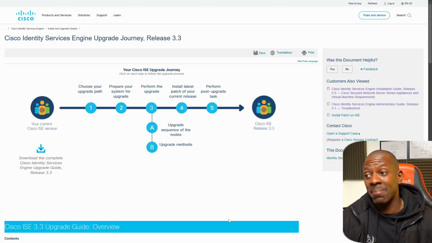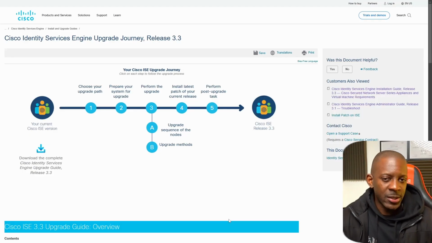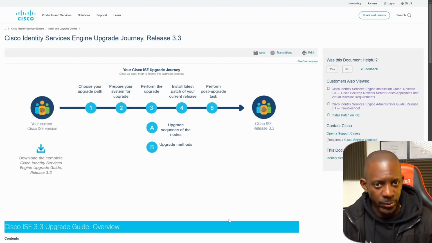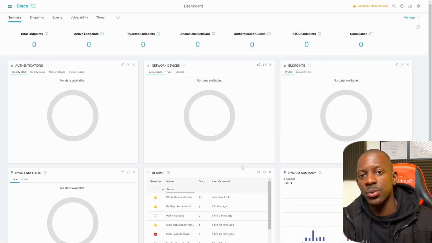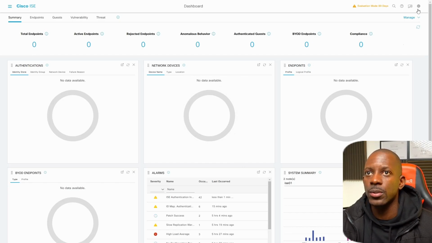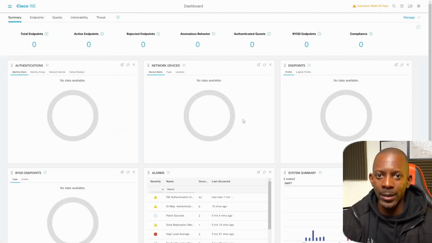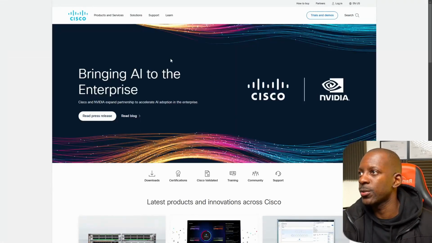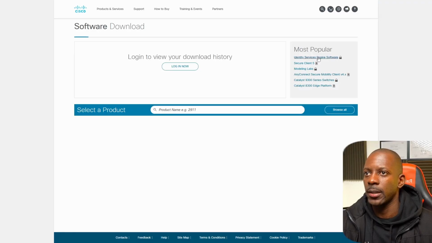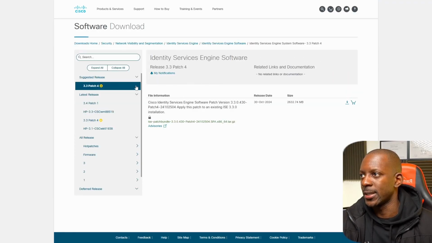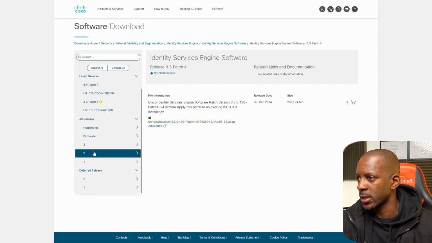As I said, I'm going to apply this process on a distributed deployment, which essentially means that I have two Cisco ISE nodes running. Before starting the upgrade process, Cisco recommends to upgrade the running version to the latest patch available. So if we go to About ISE, we can see that it's running version 3.2 patch 5, and we can confirm whether this is the latest patch available by going to cisco.com, then navigating to downloads, and going to ISE. We can see that the latest recommended release is 3.3 patch 4, but we want to check the version